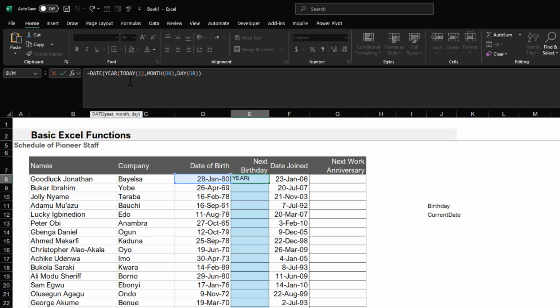If that is true, which means if the birth month, for example, is January and we are in February, if that is correct, then we want to add 1 to the year. So I will write an if statement here. I will do if check the month of today, whatever month we are in, check if that is greater than the month